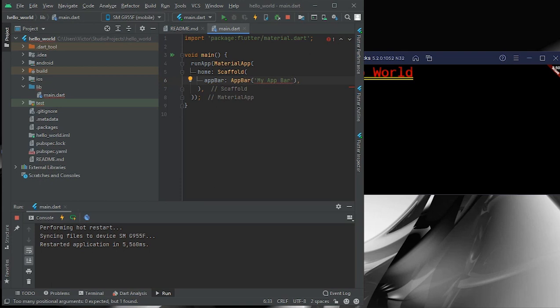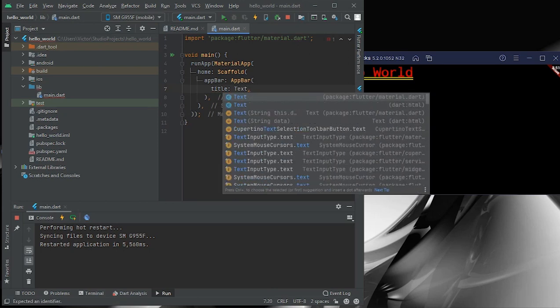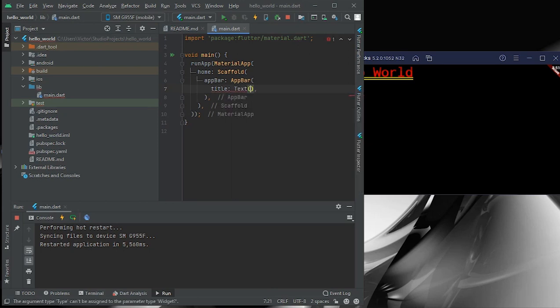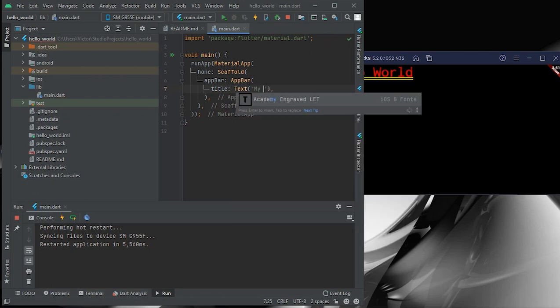Okay, I'm having an error here. Oh yeah, inside my app bar I'm supposed to be having a title. Sorry about that. So a title, which takes a text widget, and inside there I'll put my string, my app bar.